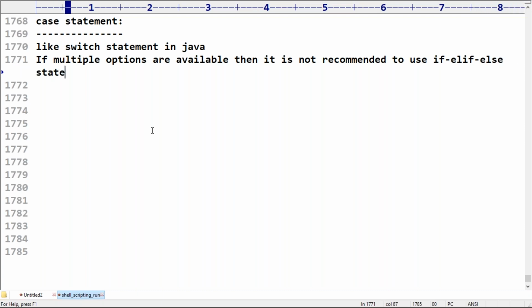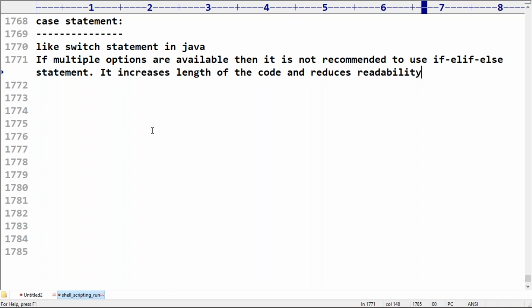What is the problem? It increases the length of the code and reduces readability. You people should be aware of this. If multiple options are available, it's not recommended to use such if else statements.